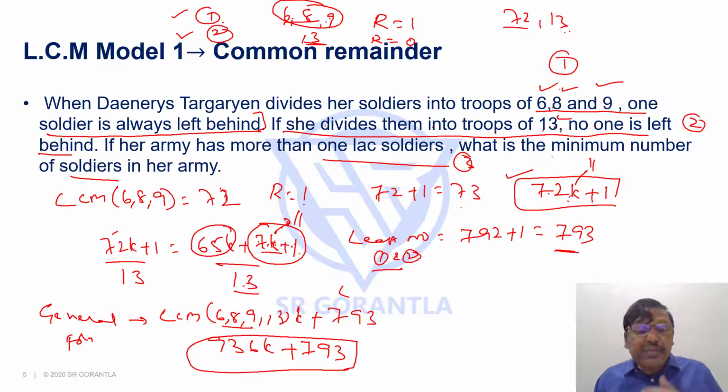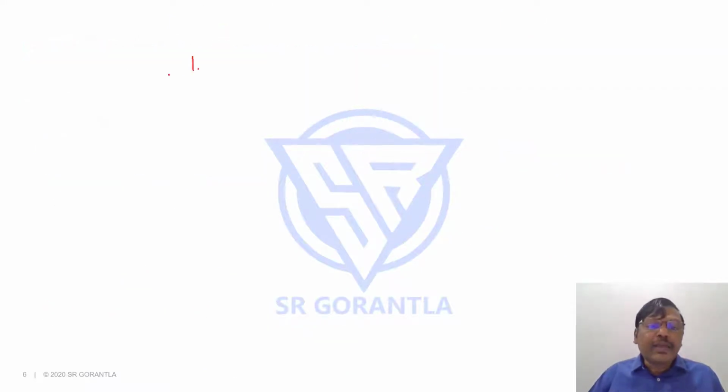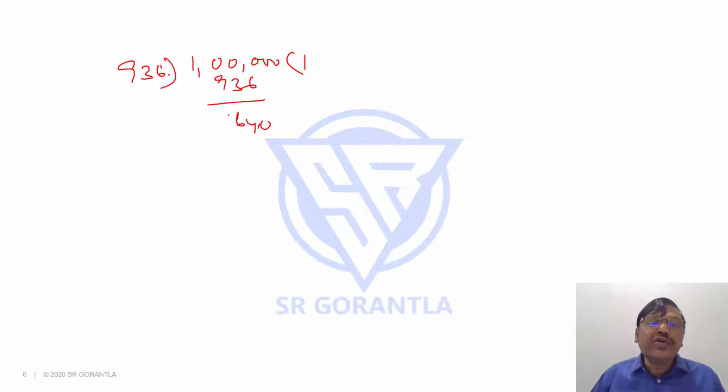Now I need a number that is more than 1 lakh, but it should be minimum. So first of all let me check 1 lakh. If I take 1 lakh, is it divisible by 936 exactly? Let me check. 936 once, 936, 64. Let me bring down 0. It will not go. So put 0 and bring down the next digit. 936 × 7, no, 7 × 3 is 21. It doesn't go 6 times. 936 × 2, 16, 56. If you see 84, 784.